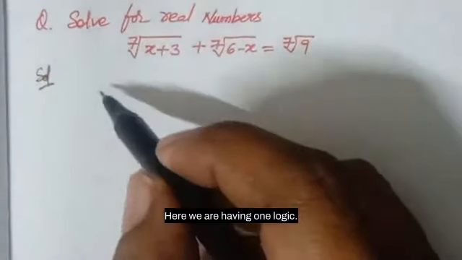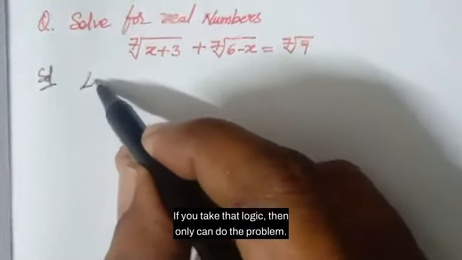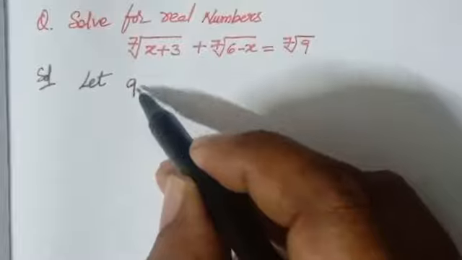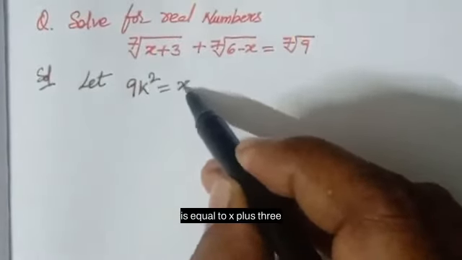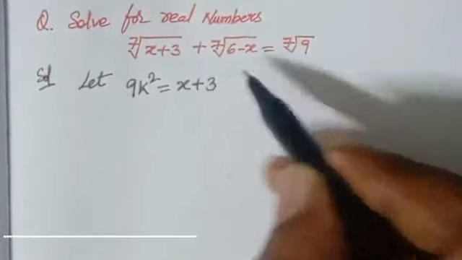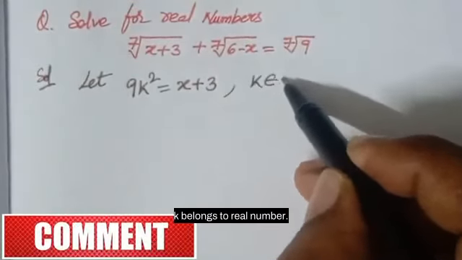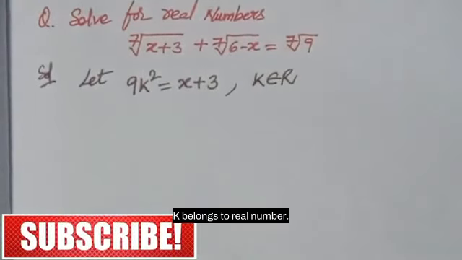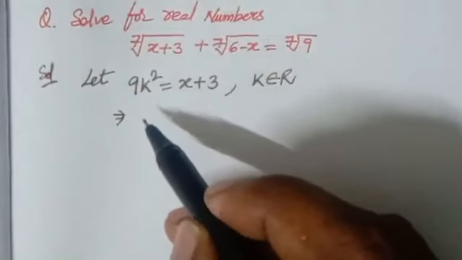Here we are having one logic. If you take that logic, then only can you do the problem. Let 9k squared be equal to x plus 3, where k belongs to the real numbers. Then the equation will become